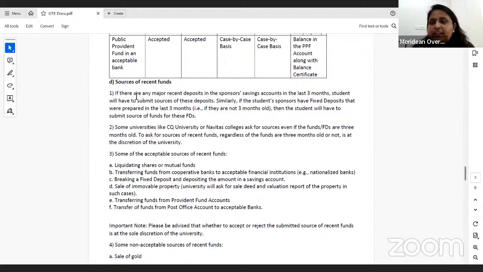आप अपनी एफडीज को ब्रेक करवा के सेविंग्स में डाल सकते हैं टू मेक द फंड लिक्विड। सेल ऑफ इमूवेबल प्रॉपर्टी, अगर आपने कोई प्रॉपर्टी सेल करी, सो प्रॉपर्टी सेल डीड के साथ अलॉन्ग विद द वैल्यूएशन रिपोर्ट ऑफ द प्रॉपर्टी, आप जो सेलिंग अमाउंट है उसको भी यूज कर सकते हैं। यू कैन ट्रांसफर योर पीएफ अकाउंट, आप पीएफ अकाउंट से भी अपने फंड्स ट्रांसफर कर सकते हैं, पीपीएफ अकाउंट से भी कर सकते हैं, एलआईसी, म्यूचुअल फंड, बॉन्ड, शेयर्स, इक्विटीज, एसआईपीज, पोस्ट ऑफिस में आपके पास पैसा है, इन सबको आप अपने सेविंग्स अकाउंट में लिक्विडेट करके यूज कर सकते हैं।